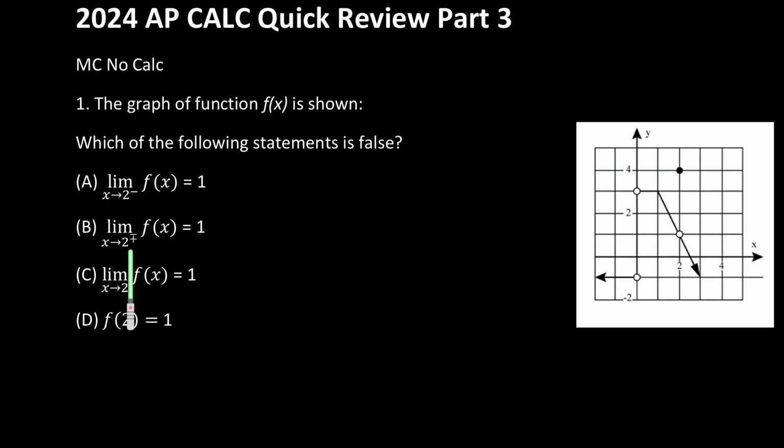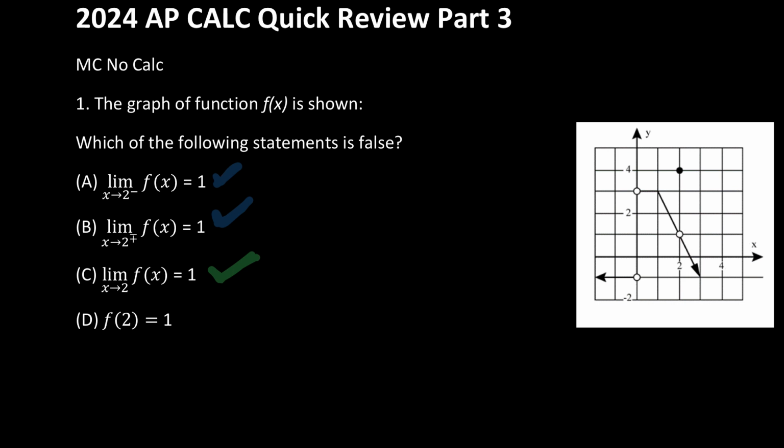All right, the limit as x approaches 2 from the right. There's 2, we're coming in from the right side. We go up. That's also 1, so that's correct. And then the limit as x approaches 2 of f of x is 1. Well, if the left and the right converge, this has to work out. So we know that this one works, this one works, and this one definitely works because of those two. So by default, it's got to be that last one, but let's go ahead and